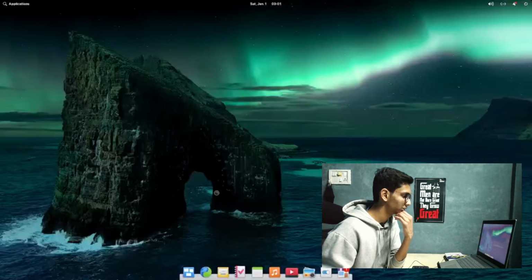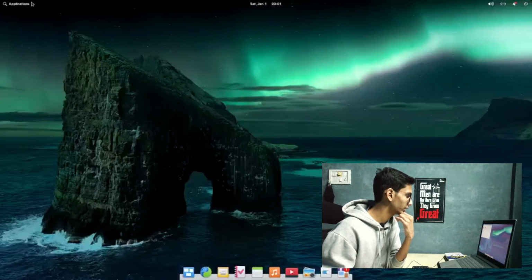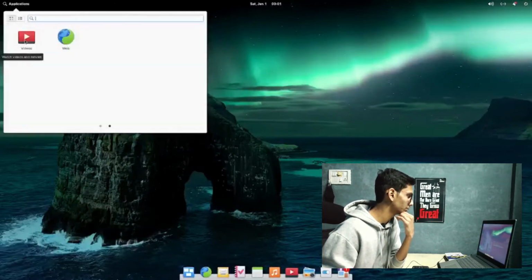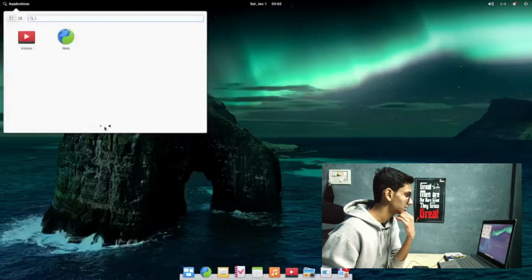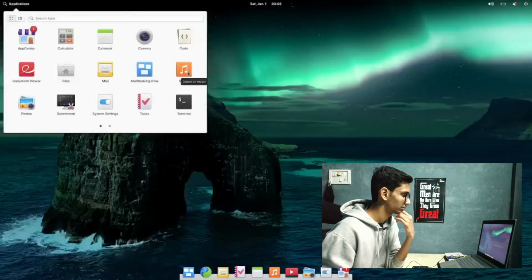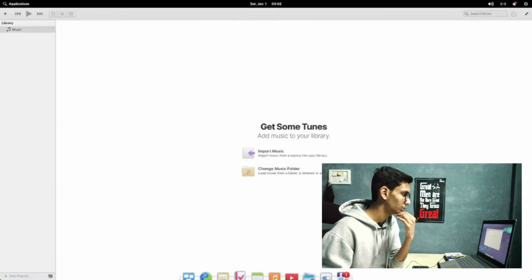Let me launch the video player. It's taking an unusual time, though I'm running on a virtual machine, none of the applications took that long to spawn, and it decided not to launch. I don't get why. Let me go ahead and launch it from the application menu and it's not launching from there too. Well, let's see if the music app works. Yeah, the music app works just fine. I don't know, it's a bug in the video app or something.